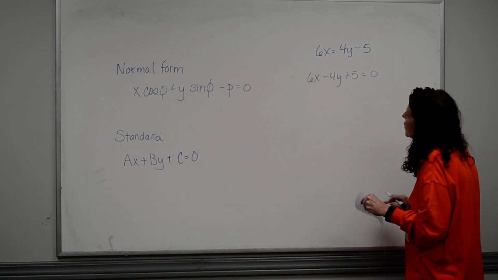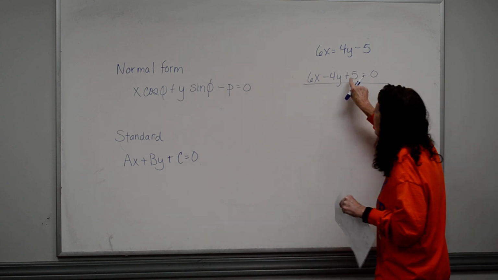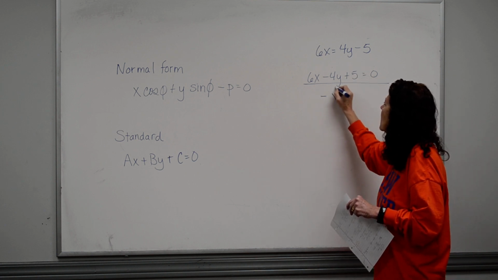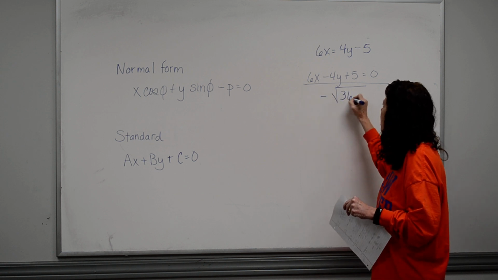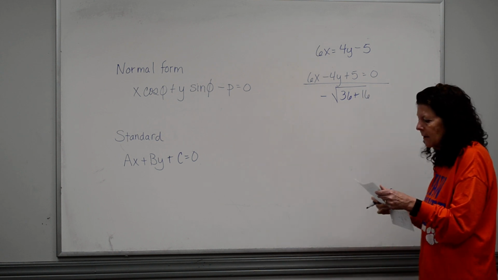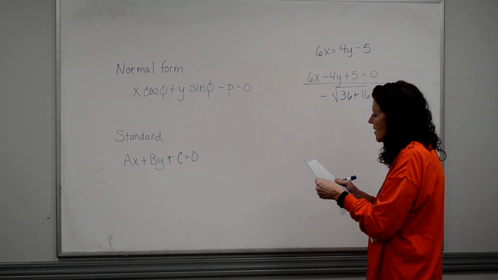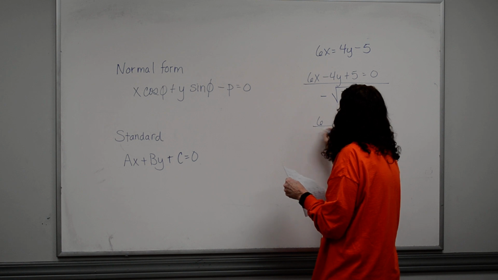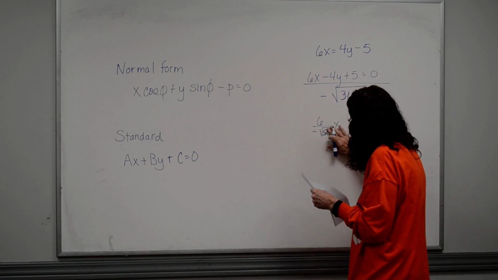Then the method to change from this to this is I'm going to divide it by the opposite sign of your c. So in here it's going to be negative the square root of a squared plus b squared. So right here, I'm going to have the square root of 36 plus 16, which is the square root of 52. So I have 6 over negative square root of 52, x